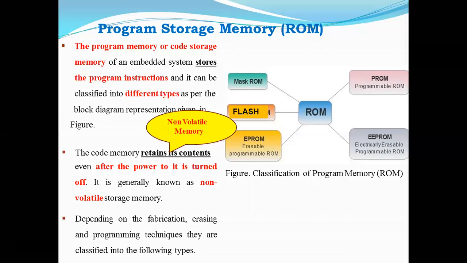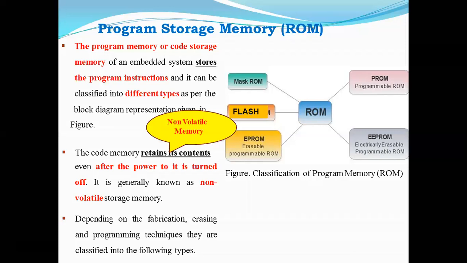So therefore the ROM, you can see here, the program instruction, it will store the data permanently, right? Even if you turn off the computer system, the data will not be erased. Suppose after working on the system, you shut down your system and again log in to the system, again the operating system will start booting up. That means the operating system is stored in which type of memory? Read-only memory, right?